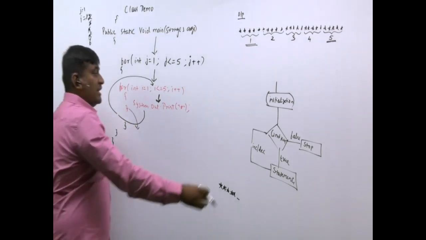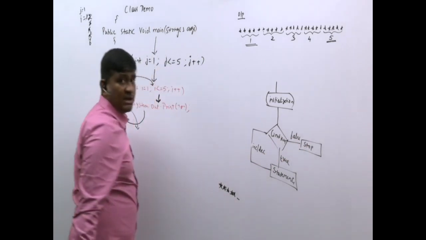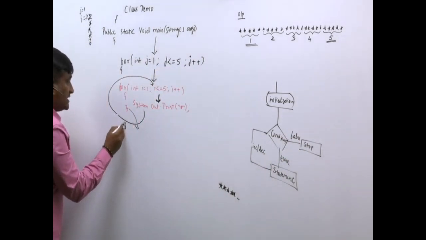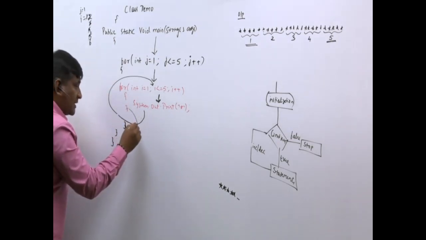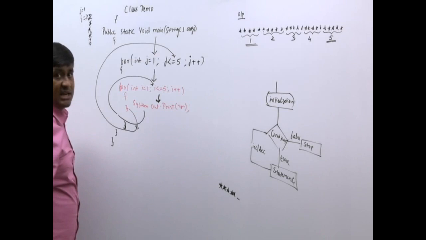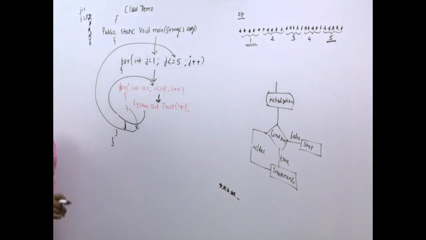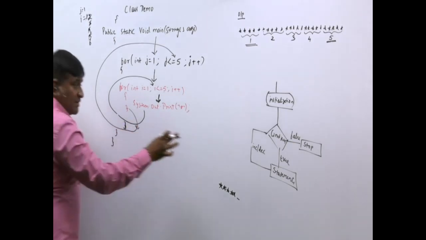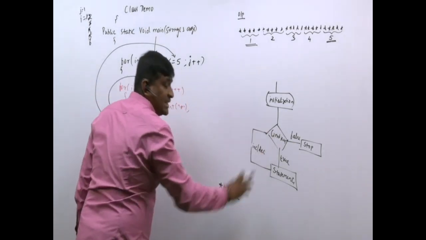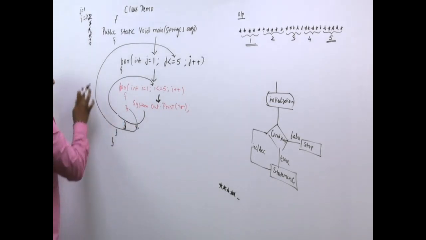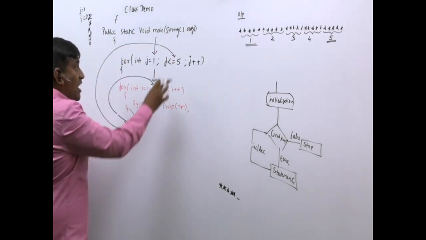I told you, whenever the condition becomes false, the control will come outside. Now when the control came outside, you can notice this is the closure of the outer for loop. From here the control will go to what? Jth for loop and check the condition. Am I completely clear? From the last line of any for loop, it will go back and check the condition. Since this is the last line of the outer for loop, from here the control will go back and check the condition of the jth for loop.